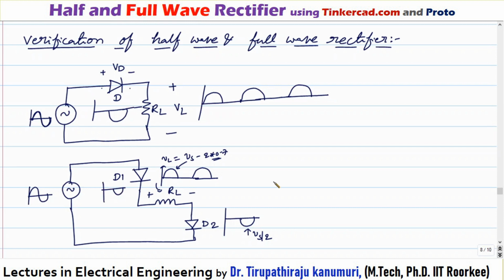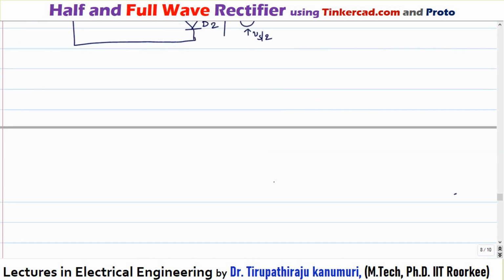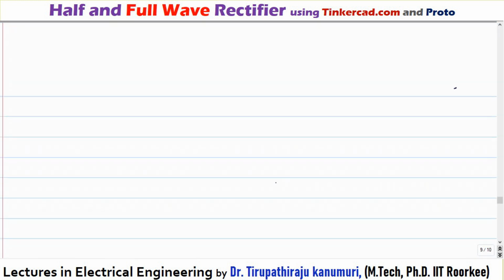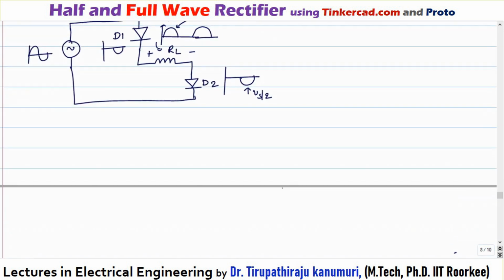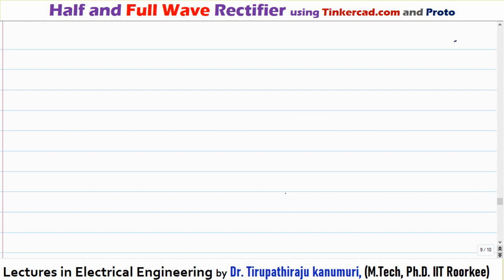Okay, now I am making a small change to this one. I want to convert that to the full-wave rectifier. In order to convert this to the full-wave rectifier, I am just trying to draw it here. The full-wave rectifier can be obtained like this. I am taking a supply. Same as before, this is my diode D1. Here I have connected the resistance. This is my load resistance RL. Here is my diode D2.